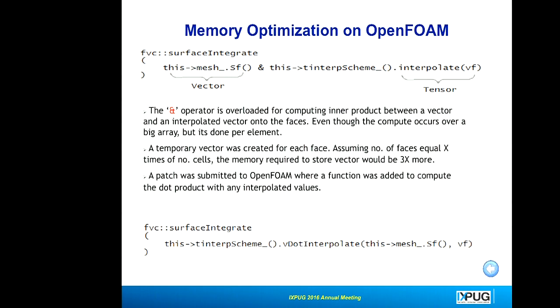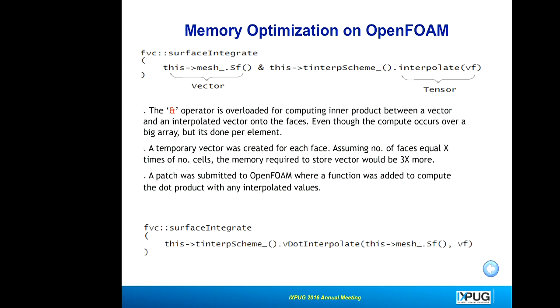So this is a very small example. I just wanted to show that here there is a vector and a tensor. A tensor is a bigger vector, you can say, and for a smaller workload each tensor goes up to 100 MB. They multiply and create a vector only. But once you call this interpolate function, it creates a tensor and returns a tensor, which is a costly thing. So what we have done is we have created our own function, and we have given these changes back to